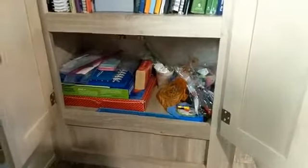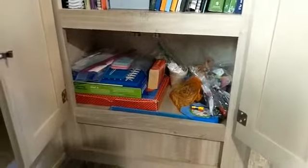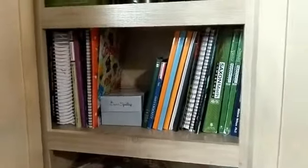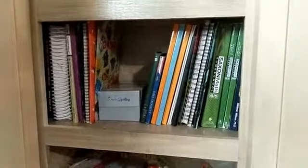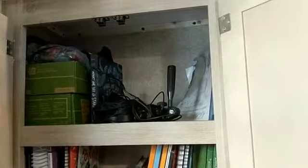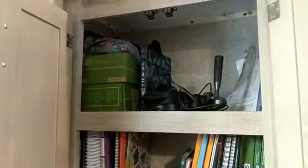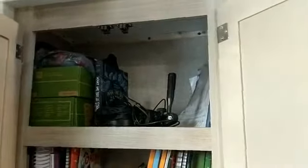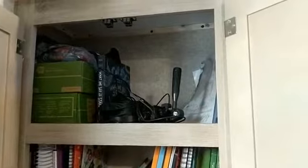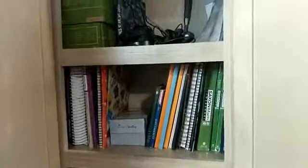So I just have different manipulatives down here, so much space for more stuff down there, so we may put a few more games and whatever. Both boys' schoolwork fits just on this shelf. And then up here, some of it's my business stuff, and some of it we just have some kiwi crates they got for Christmas. So this may end up being my shelf for my business stuff, because I don't have anywhere else to put it. So there's actually plenty of room in here for homeschool storage, which I was super excited about,